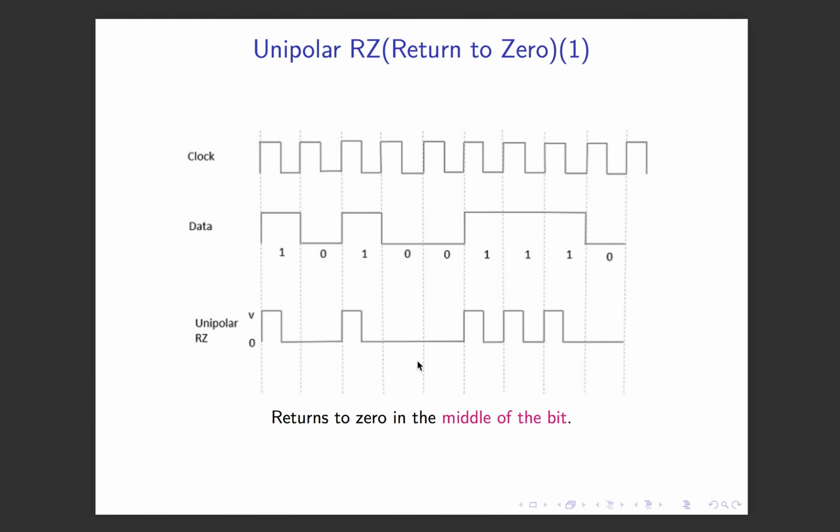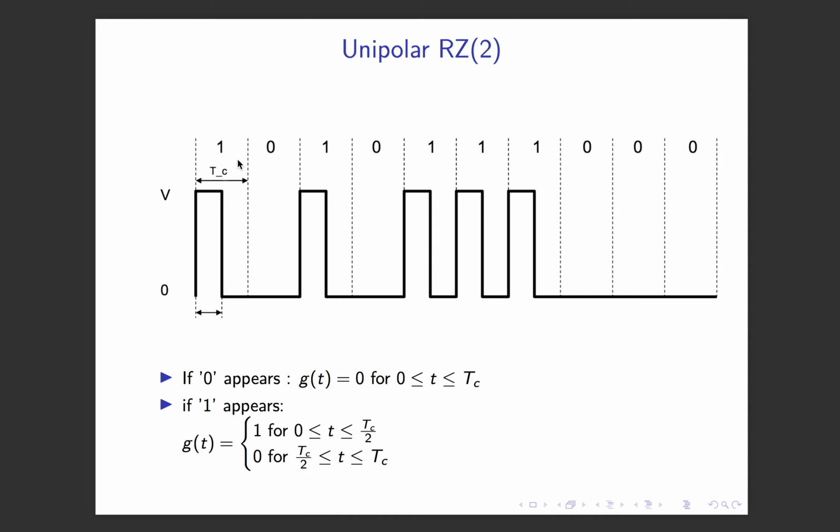Well, so that's why it's called the RZ, which represents the return to 0. Whenever I'm getting 1, it remains 1 for half of the signal time period, then it comes to 0 for the rest of the part. Here I have mentioned the same thing, and if I want to write the mathematical expression as I have done before,